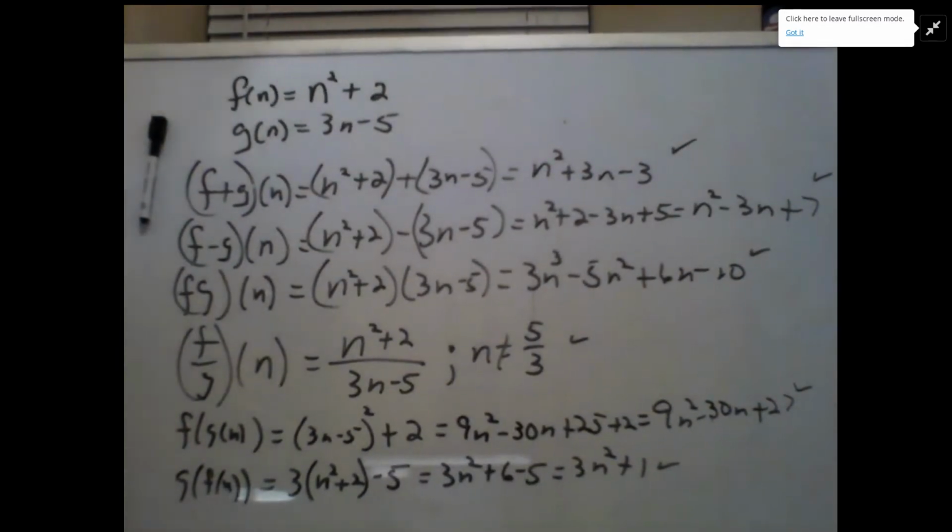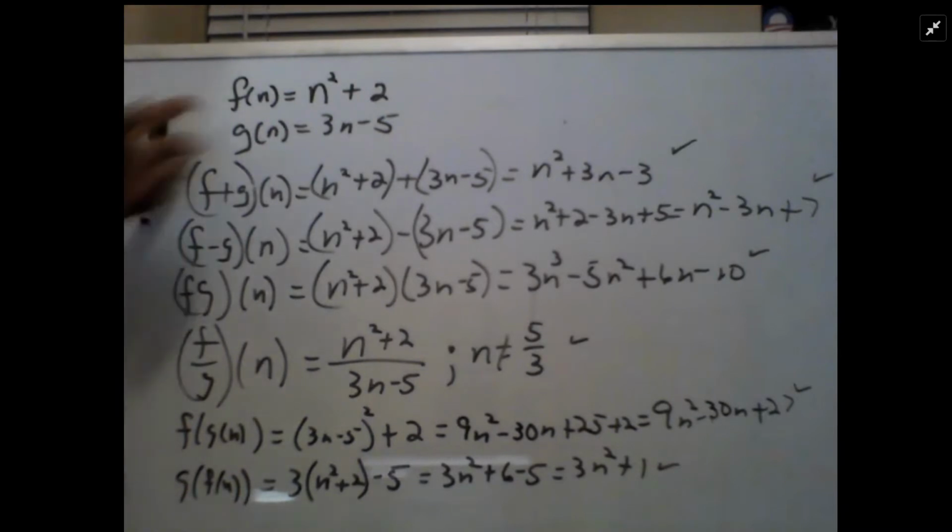This is Professor Wilson. I have a question here from a student. It is f of n equals n squared plus 2 and g of n equals 3n minus 5. Since the student doesn't tell us anything at all about what she wants done with the function, I decided to take it upon myself to do the algebra of functions, which is add f plus g of n, subtract f minus g of n,